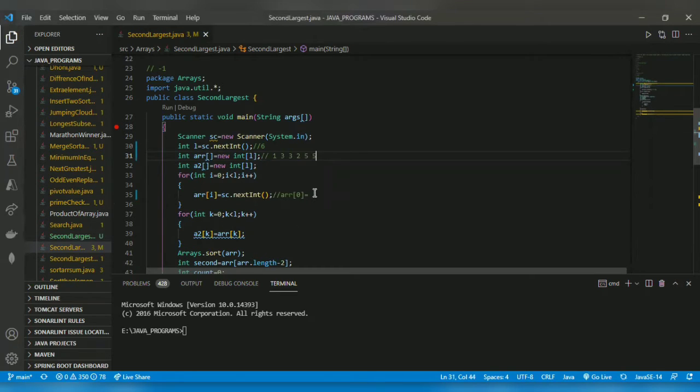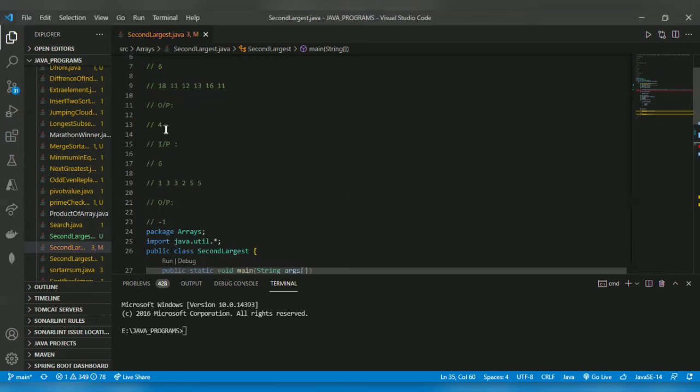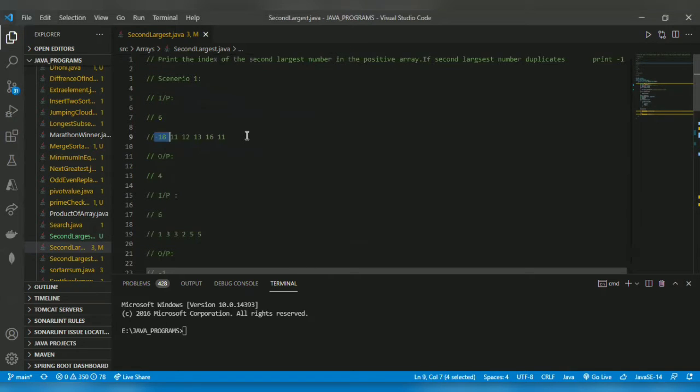Likewise, the elements will get stored: arr[1] equal to 3, arr[2] equal to... I consider this example because here there is no duplicate, so it will help you understand clearly.